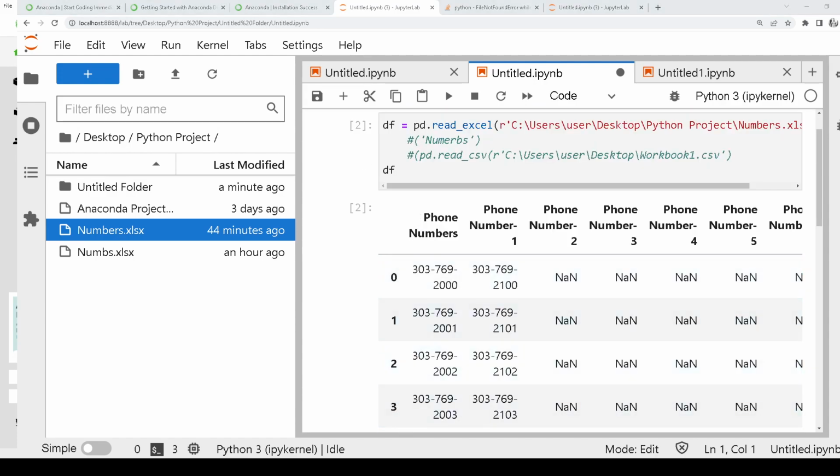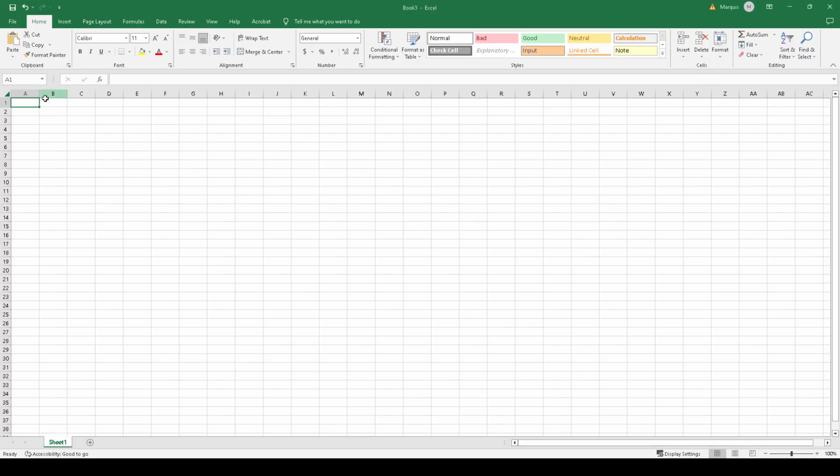So one thing I didn't teach you, and I'll teach you real quick, is how to set up the Excel spreadsheet. So let me bring that up and transition this over. In case you haven't set up your Excel spreadsheet, I'll show you a quick way on how to do that. So phone numbers,